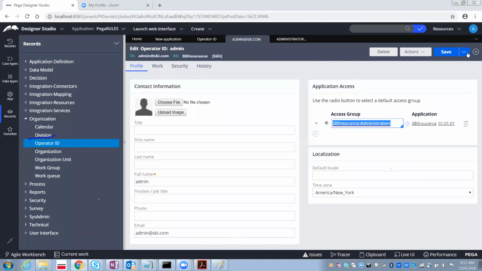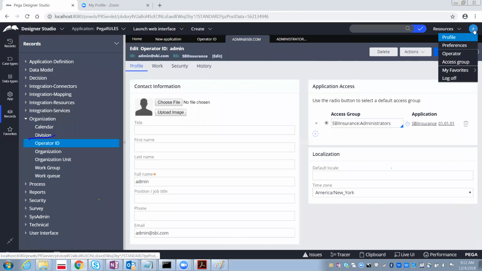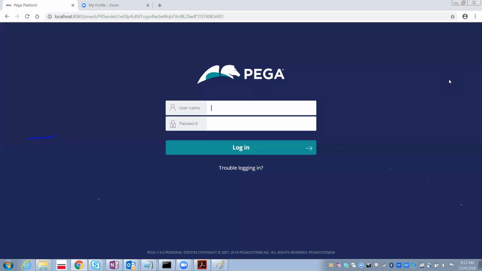Now let's log in to that operator ID. Select operator and then log off. Now admin at sbi.com and rules. Is it going to log in? Can we log in?